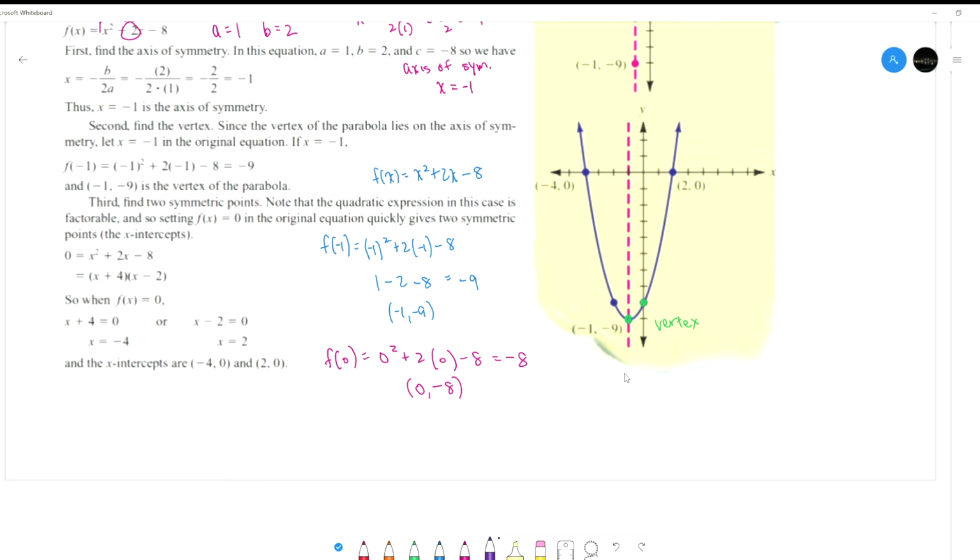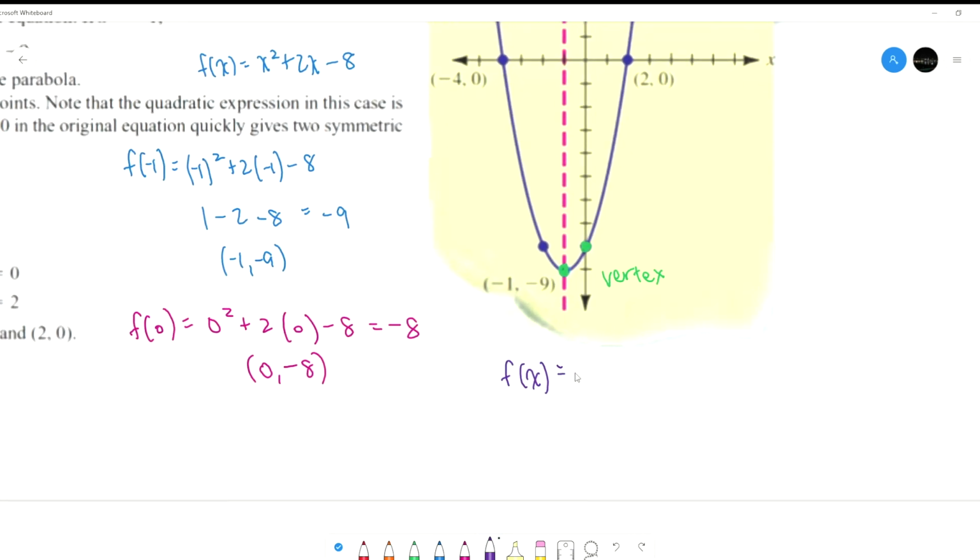Now the function we said was f of x is equal to, let me zoom in just a bit, x squared plus 2x minus 8. So this is a quadratic equation. We need to solve the quadratic equation. We've been doing it for almost the entire chapter. That means this is set equal to 0, and we solve for x. What are the 3 ways that we learned how to solve a quadratic equation? So the first way was